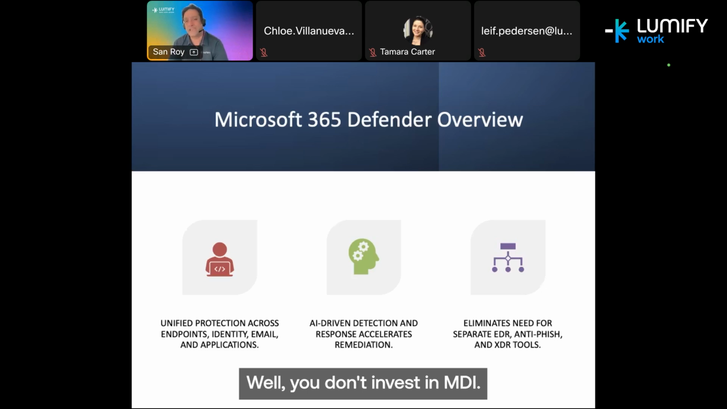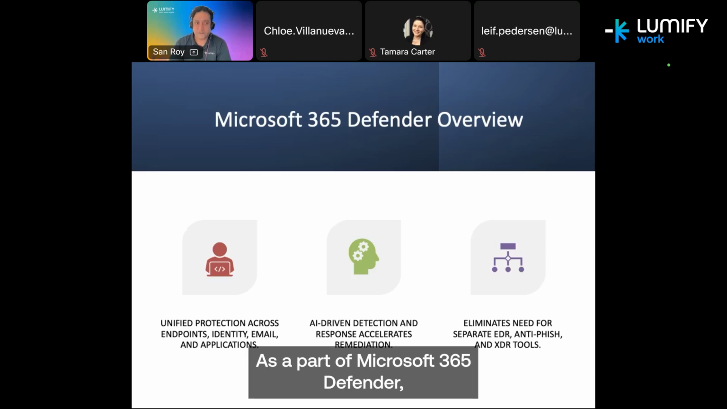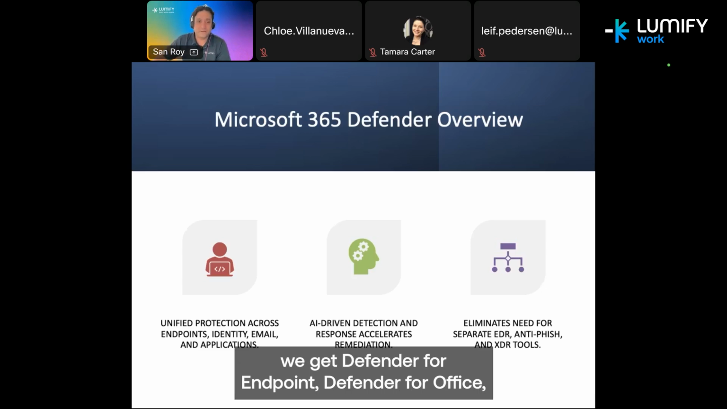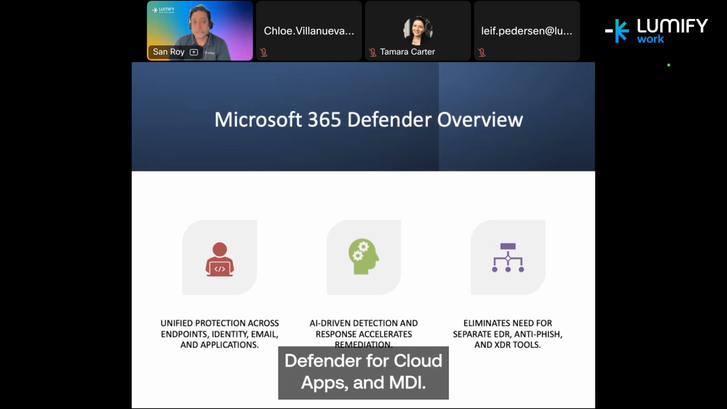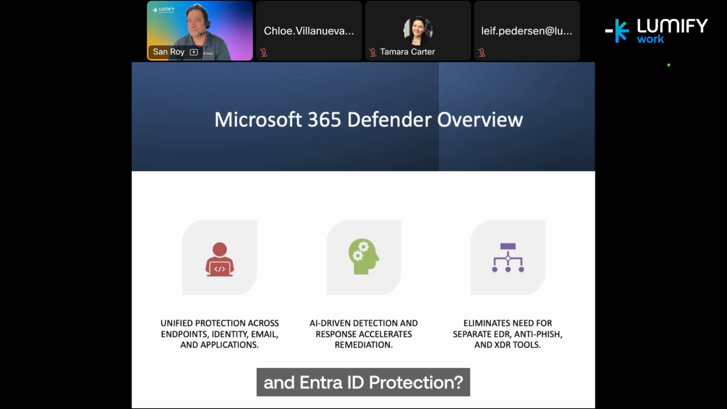Well, you don't invest in MDI. You get MDI as a part of M365 Defender. As a part of M365 Defender, we get Defender for Endpoint, Defender for Office, Defender for Cloud Apps, and MDI. So what's the difference between Defender for Identity and Azure Identity Protection? Well,